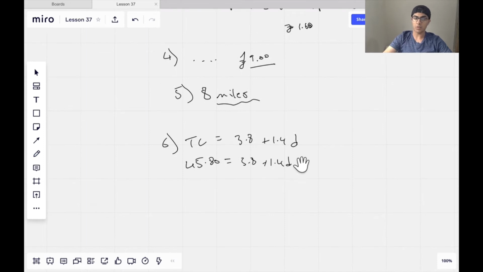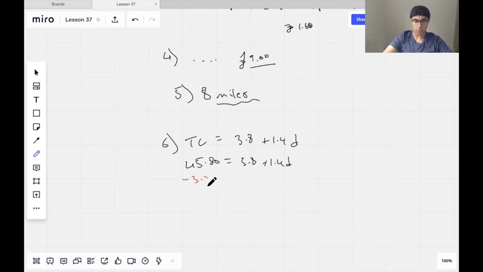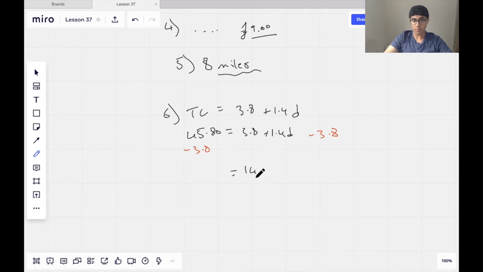Now if we minus 3.8 from both sides, on the right hand side we'll get 1.4D, and on the left we'll get 45.8 minus 3.8, which is 42. And then if we divide both sides by 1.4, we'll have D is equal to 42 divided by 1.4, which